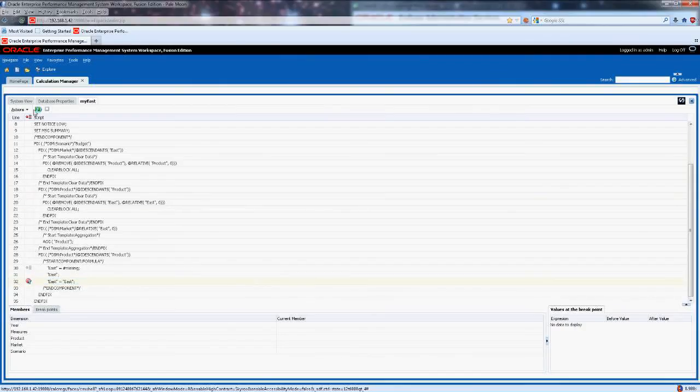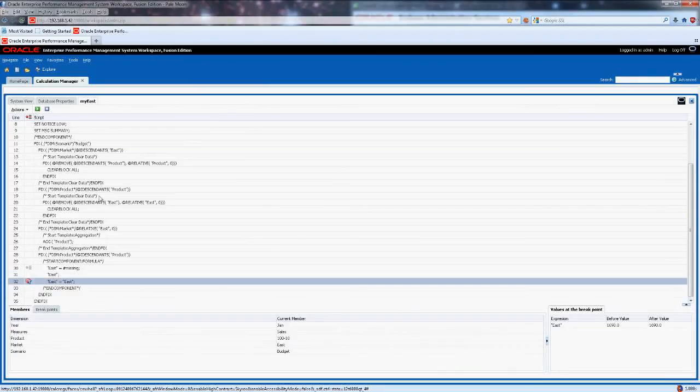And if I run the debugger, it'll stop right there. It'll tell you what member it's looking at, and it'll say the value before was 1690 and the value after is 1690. So say not missing, it did correctly stop there because it is in fact not missing. It shows you exactly what it is. So if I wanted to change this condition,